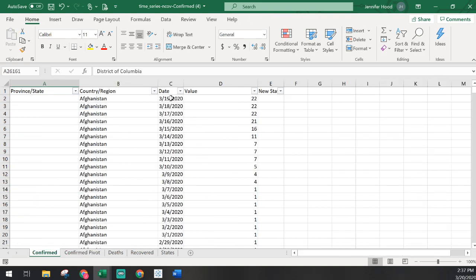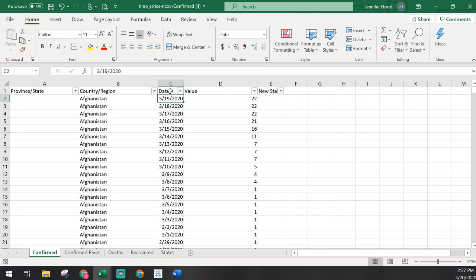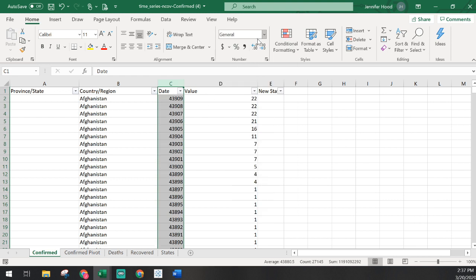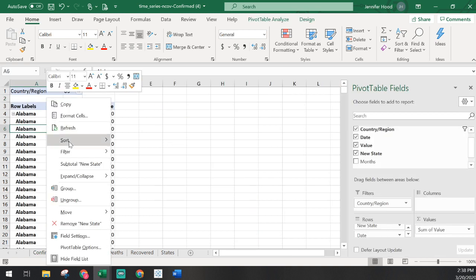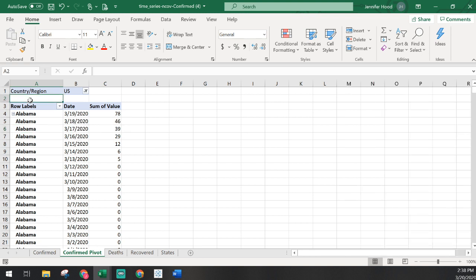So I find that the easiest way here is this, again, says that it's a date. I'm going to go ahead and change everything in that column to be general in format. And it's going to turn it to a number without the date. And if I refresh my pivot table, it actually shows it as dates here. I don't quite understand why it does this because that's not really logical. On our original data, it seemed to be a date, but if I switch it to the numeric value, then it registers it as a date in our pivot table.